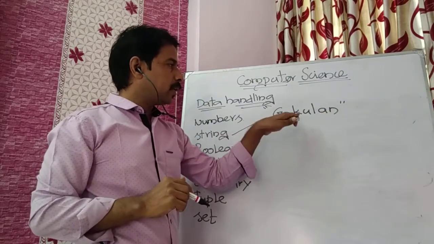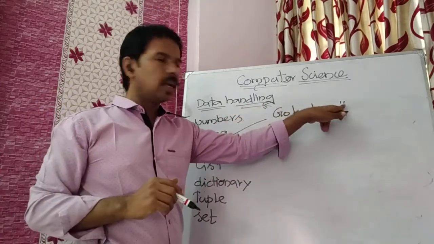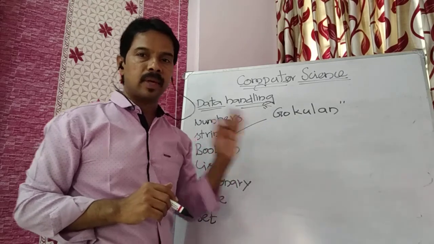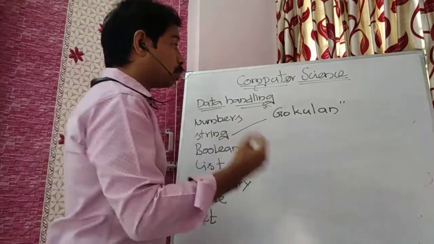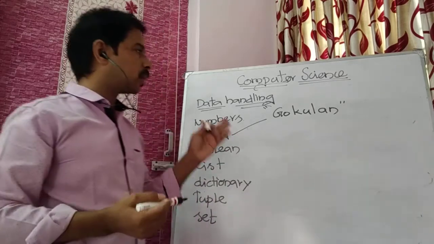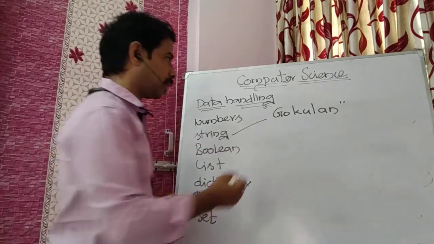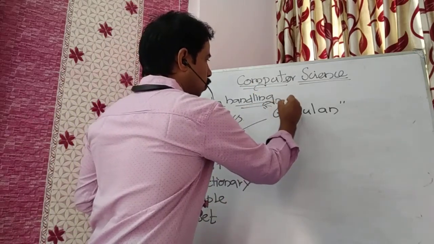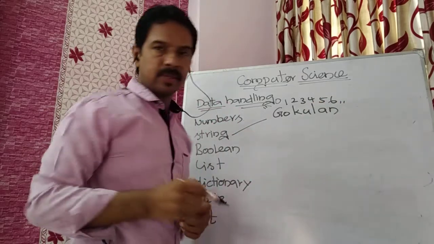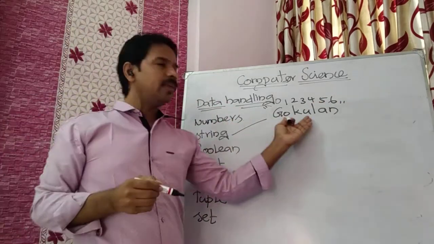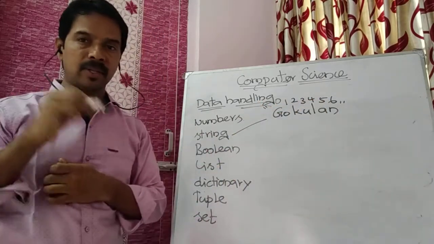Whenever you write any data surrounded with a single quote or double quote, it is called a string. The specification of a string is that, to process or access it, each character is placed in a small location. G is 0, then 1, 2, 3, 4, 5 and 6. Whenever you give a string, these locations are allocated by default by the interpreter.